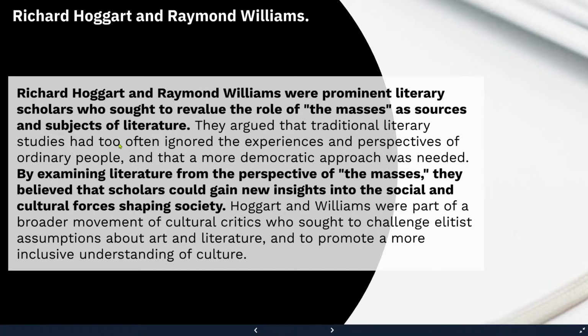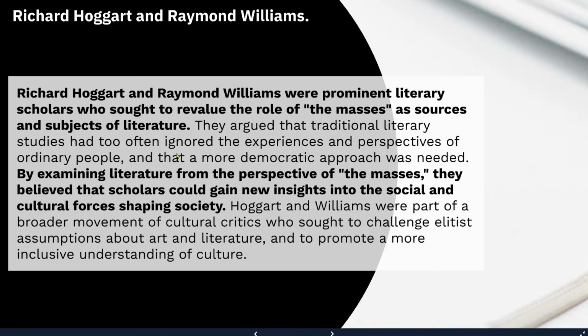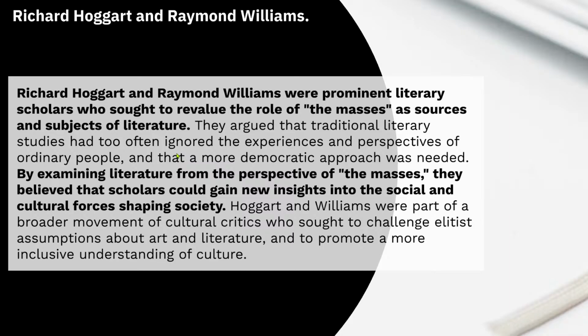They argued that traditional literary studies had too often ignored the experience and perspective of ordinary people, and that a more democratic approach was needed. By examining literature from the perspective of the masses, they believed that a scholar could gain new insight into the social and cultural forces shaping